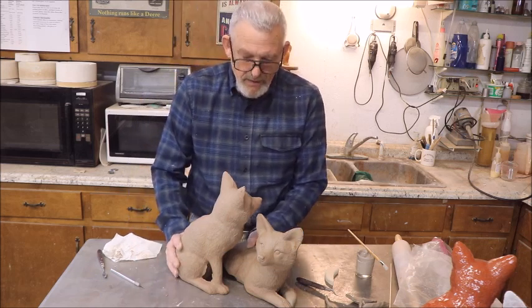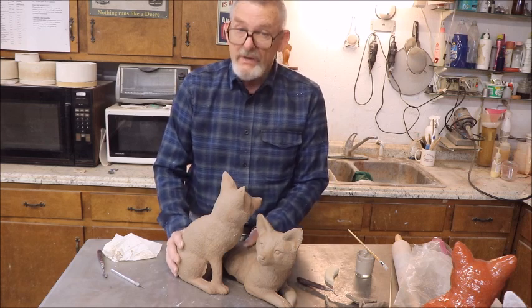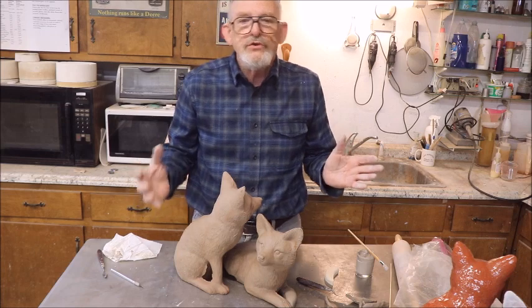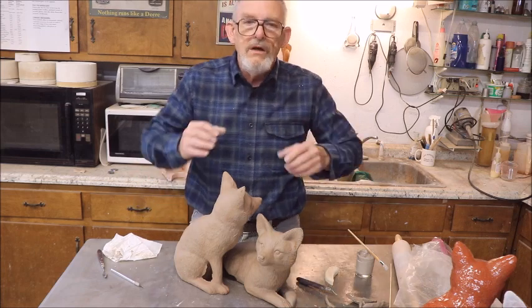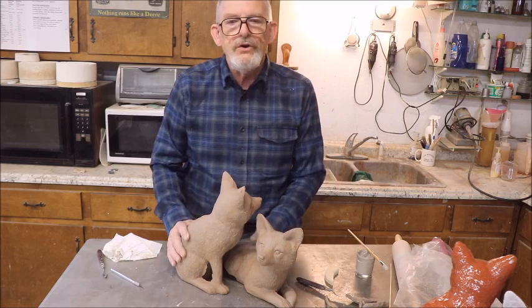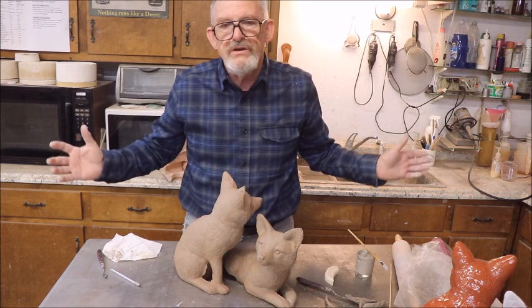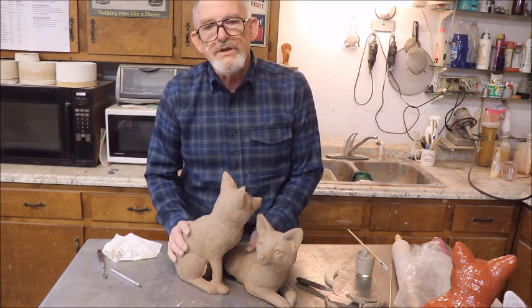So that's what we have. We have our little foxes. In this case, I have a set of rabbits the same way. I have a cat the same way. And I have to come up with something to do, something to lean the cat up against. If it's sitting up and it doesn't have a front leg, you got to figure out how you're going to do it. So it's a little bit different than just slip casting and mindlessly going about your business,